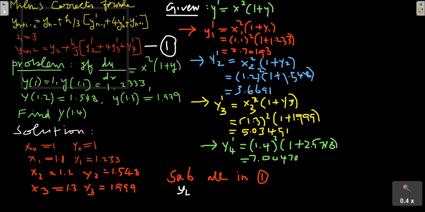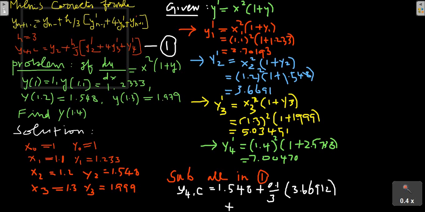So y4 equals 1.548, then here plus h by 3. h is what? 0.1 divided by 3, inside the bracket, y2 dash is 3.6691, that is 3.669,